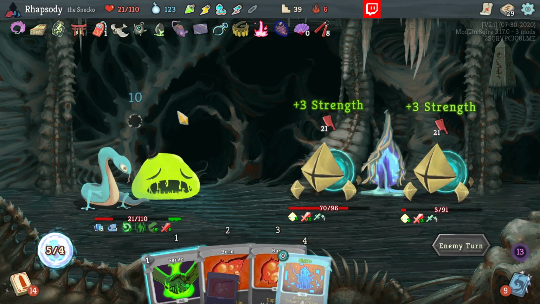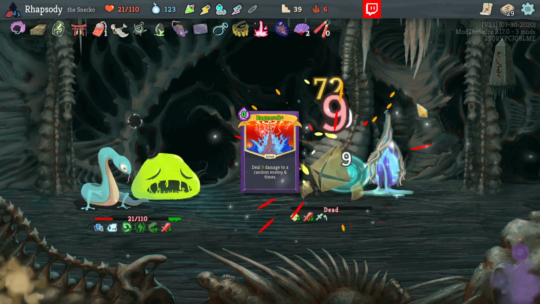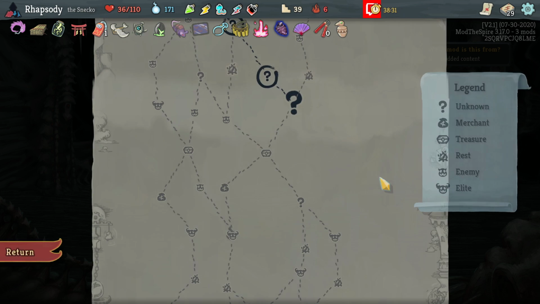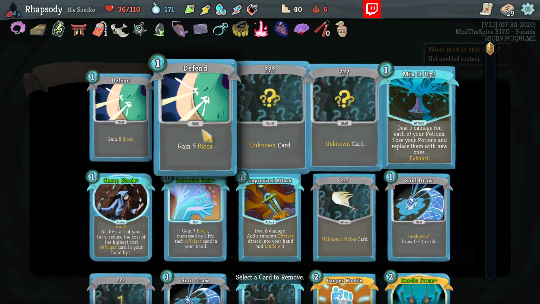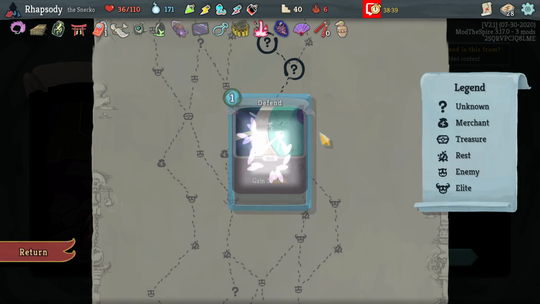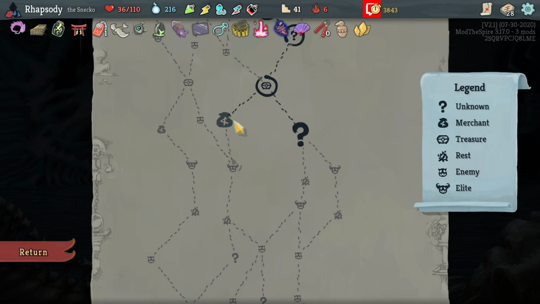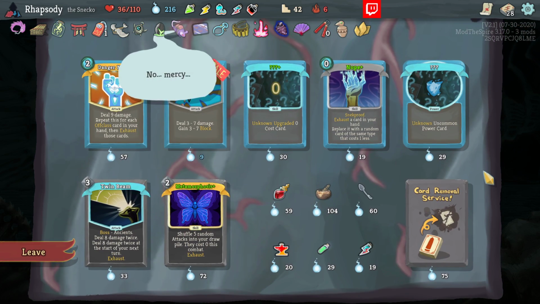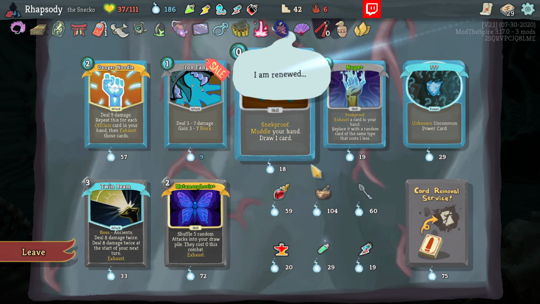Ow. I really wasn't expecting to take this much damage in this fight. Birdface turn, thank you. That'll help us heal back up, hopefully. Move a card from the deck. Let's just get a basic block out of there. Bronze Scales. Hopefully we have a heal in here because... yikes. It's like the unknown...